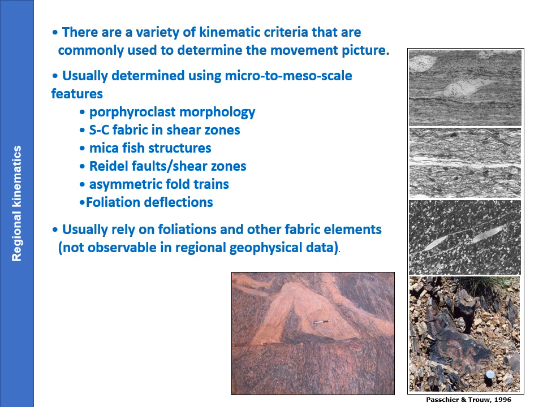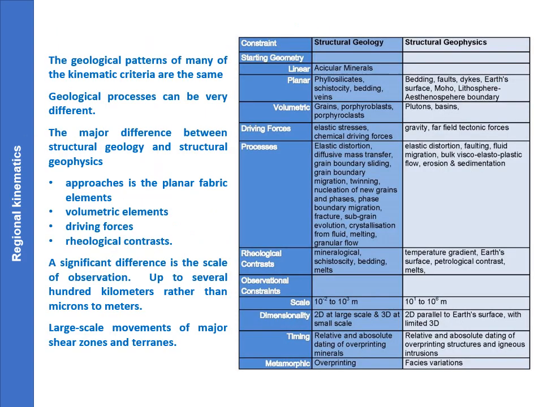I'm not going to go into any sort of detail about the significance and meaning of these, except for these criteria are usually undertaken at smaller scales than what geophysical data is collected at. So we typically use thin section microstructures and/or mesoscale features in rocks to help us understand the movements of rocks. And here's a list of things that we might use, such as porphyroclast morphology, SC fabrics, microfiche, radial shear zones, asymmetrical fold trains, and foliation deflections. So as a structural geologist, I might walk up to a rock and see a relationship, and then I can interpret that. But of course, that's very different to what you can achieve in geophysical data sets.